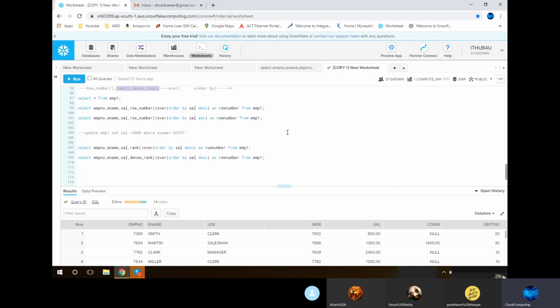After that, what kind of rank do you give the next person? If you are using dense rank, he will get the second rank, because these people were given the first rank. If you are going with the rank function, since there are 4 people with rank 1, the next person will get 5. So 4 people are getting the first rank and the next person is getting the 5th rank. There is no 2, 3, 4, because 4 people occupied the first rank. That is the difference between rank and dense rank.